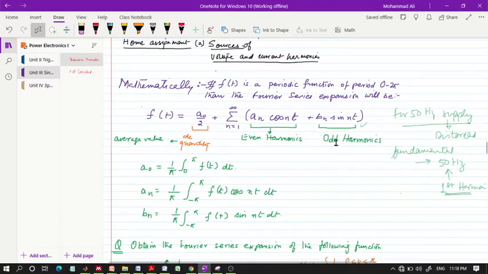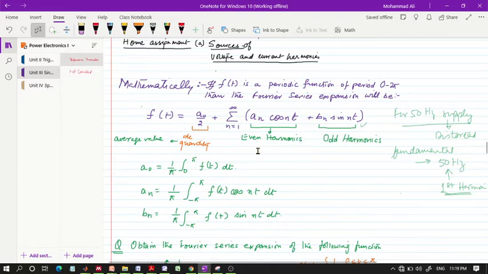odd harmonics. Now if we are having a 50 Hz supply, for example, then the DC component will be zero. And what about the AC component? The first harmonic will be 50 Hertz, right? The first harmonic will be the fundamental and it will be of 50 Hertz and it will belong to this category. And the second harmonic will be this one. It will be an even harmonic. So 1, 3, 5, 7, these will be odd harmonics. 2, 4, 6, these will be even harmonics.